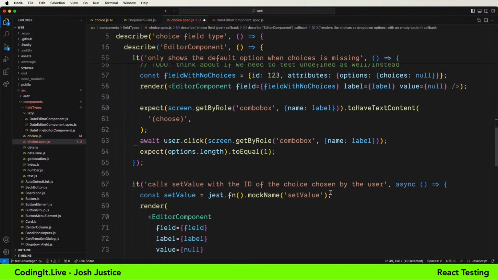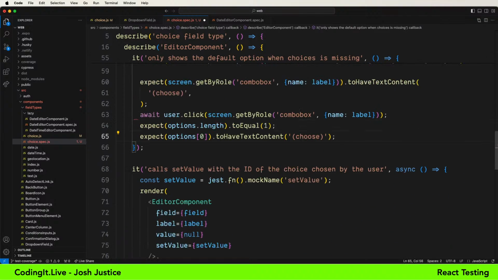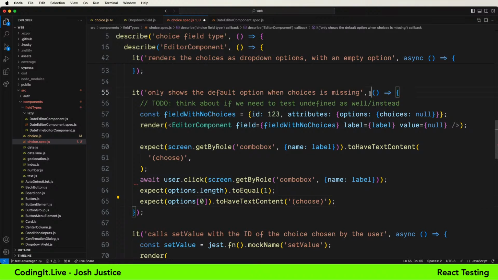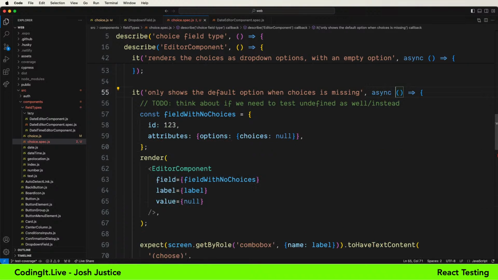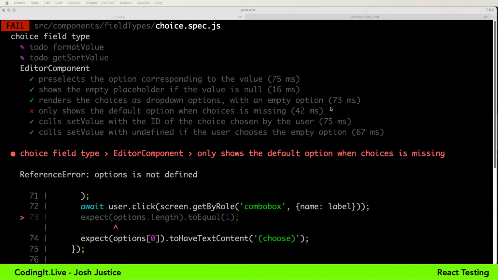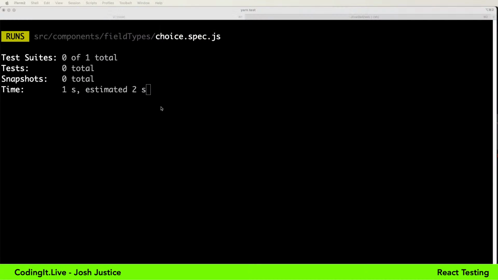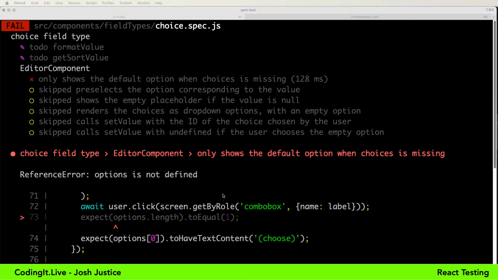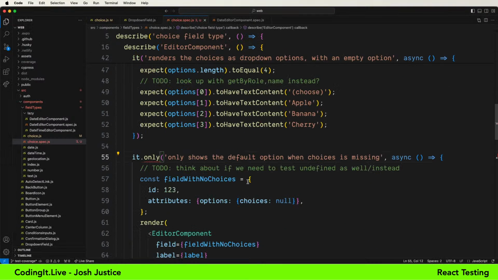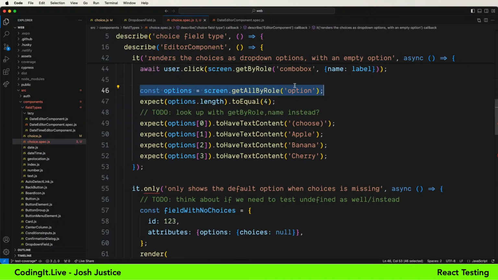And option should equal choose. So this is a lot of things at once, so we'll break each bit of functionality afterwards to see if it's working. Let's say only. There's no options is not defined. I think I got that here.